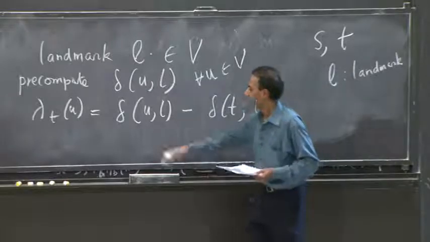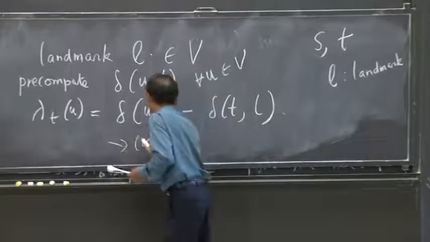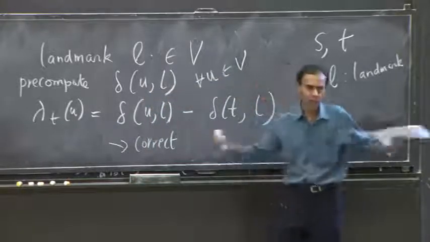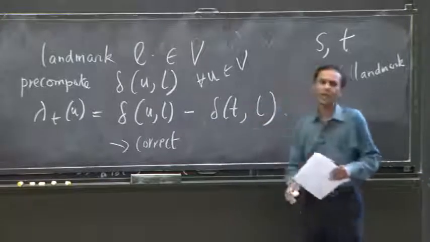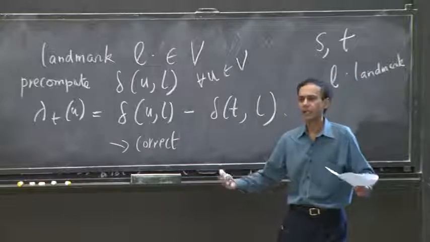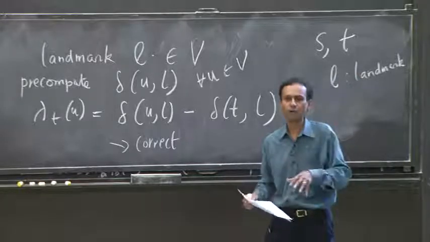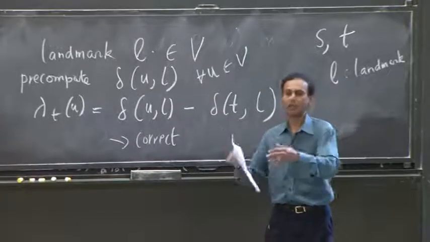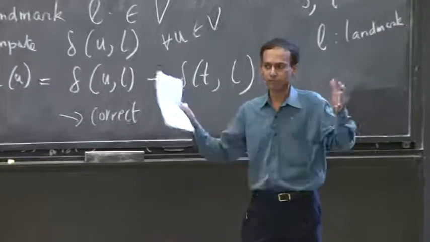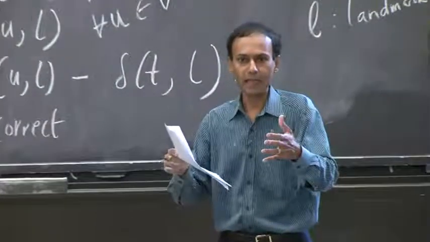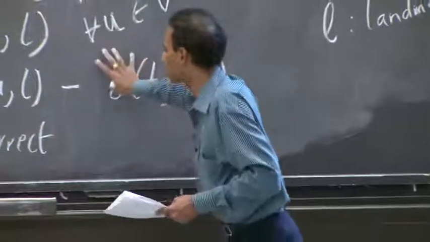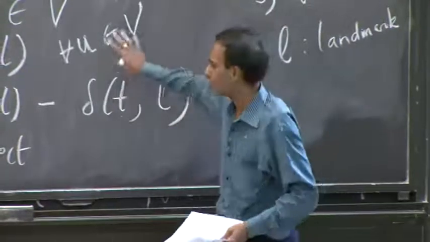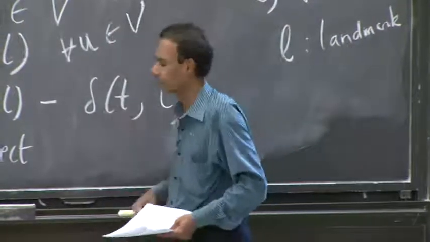And if I use this potential, you can show that it's correct using the triangle inequality. And this is now a heuristic. With the correct choice of landmark, Dijkstra empirically will run faster. So if you know for sure that you need to go through Middle America to get from Caltech to Boston, and in particular, there's one particular landmark you want to go through, Texas or something, and you pick Austin, Texas, then you could do this computation, and maybe Dijkstra runs 2x faster, 20% faster. All right, I'll put the argument about correctness and the specifics of these things in the notes,